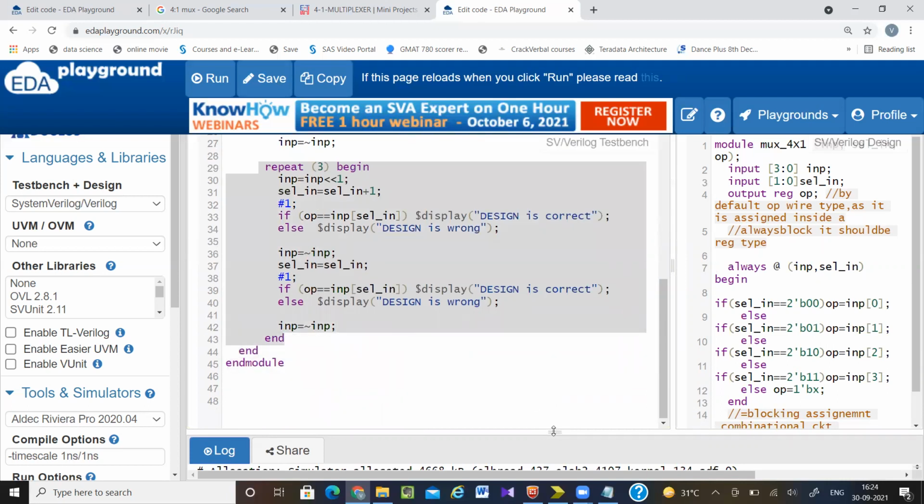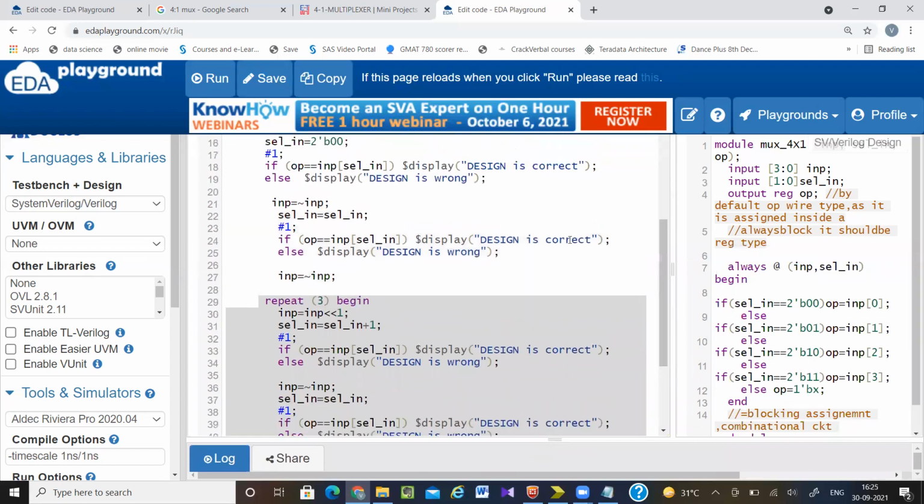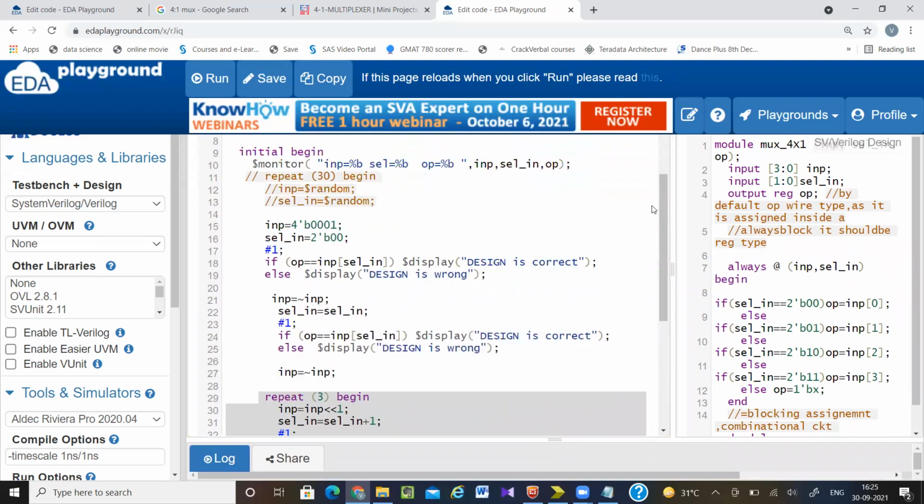You may think that, ma'am, this line of code, whatever we have written previously, is less. But just think, if it is 256, if you are writing here repeat 64, you may get all the 64 possible combinations. It is not a problem.